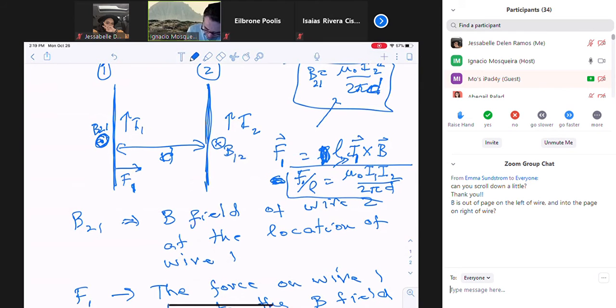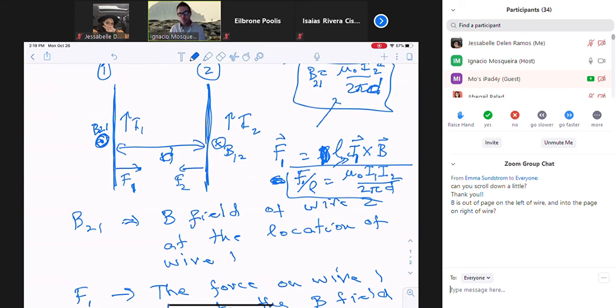It would be 1, 2. And then the direction of the force would now be up into the board to the left. So it would be like that, F2. So it would be opposing. These two wires are attracting each other. But the magnitude of it would be the same because it would still be mu0 I1 times I2 divided by 2 pi d. Well, that's not surprising because, again,